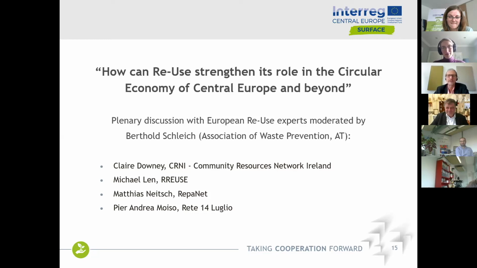I already mentioned that this imbalance of cost is one of the main reasons that reuse is not yet mainstream. There are higher costs than revenues from selling reused products, which has to do with a lot of factors. First of all, for the electric appliances, although it is in the law that EPR schemes